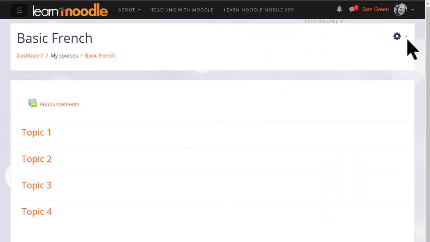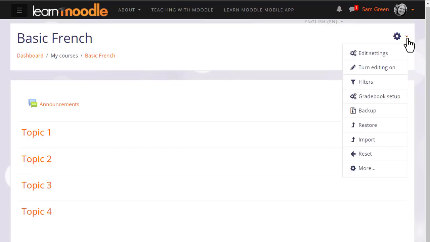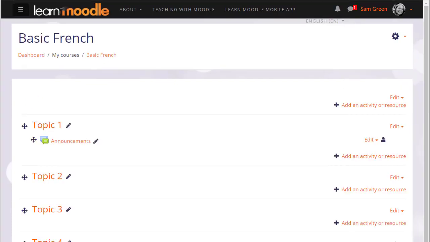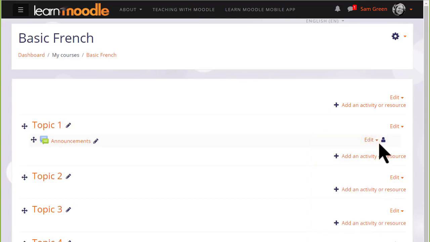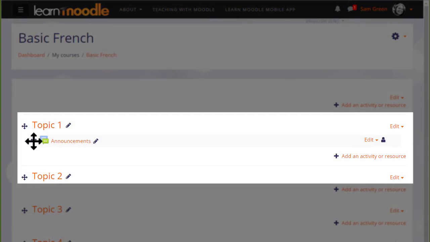In order to add learning resources, you need to have the editing turned on. And with the Boost theme, you do this by clicking the gear top right and then clicking the link Turn Editing On. This then displays an edit menu next to each activity and resource for editing the settings, hiding, duplicating, deleting, etc. There is an announcement forum here, and if I wish to move it into a different section, I